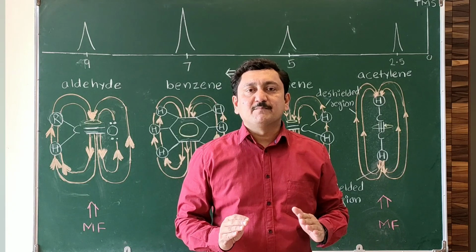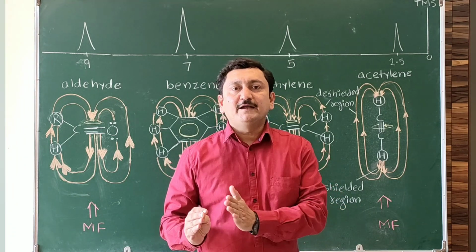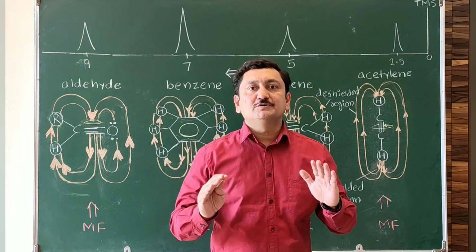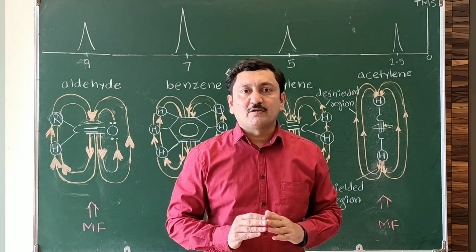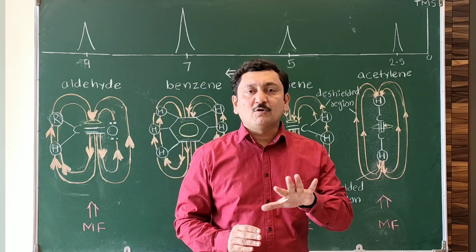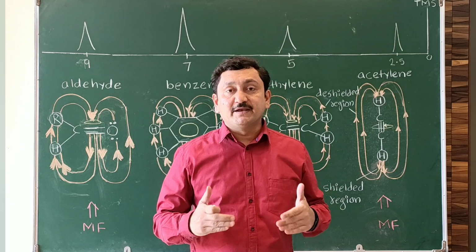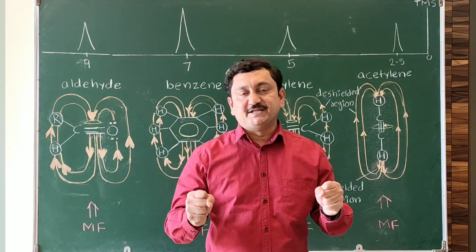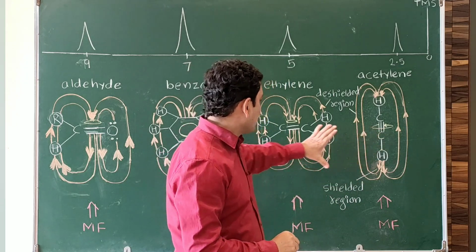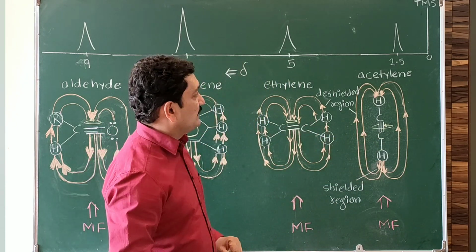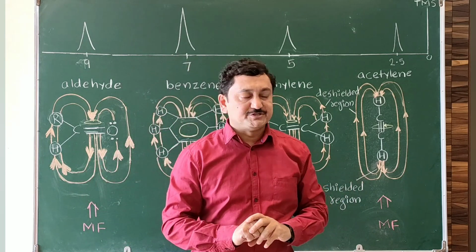We have seen the example of ethyl bromide, in which the sigma electrons affect the position of signal through shielding and de-shielding. Now we'll see examples of pi electron containing compounds. Pi electrons are more free compared to sigma electrons. So pi electrons will create more pronounced shielding and de-shielding. We'll see some examples. These are some compounds. Their hydrogens will give signal at different positions. Why do they give the signal at different positions?